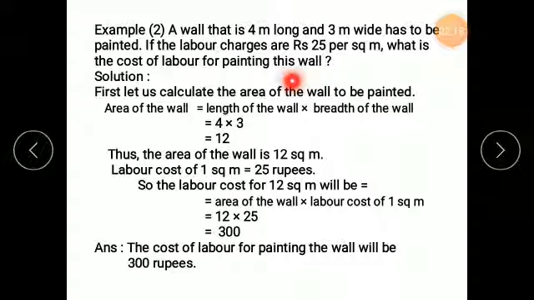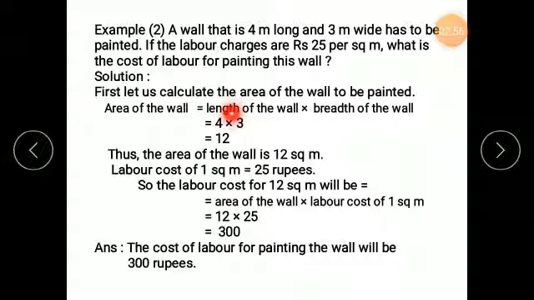If the labor charges are rupees 25 per square meter, what is the cost of labor for painting the wall? Now you know that when we paint the wall, we paint inside it, means on the inside part of the wall. हम सिर्फ कॉर्नर से वॉल को पेंट करते हैं क्या? नहीं, अंदर से भी करते हैं. सो यहाँ पे हमको पेरीमीटर नहीं, हमको एरिया निकालना पड़ेगा, है ना. जैसे वॉल को पेंट करते हैं तो वॉल के अंदर की साइड जो होती है उसको हम क्या बोलते हैं? एरिया ऑफ द वॉल. Same way here we will have to find out the area, then only we can find the total area and then the cost per square meter, then only we can find out the total cost for painting that wall.